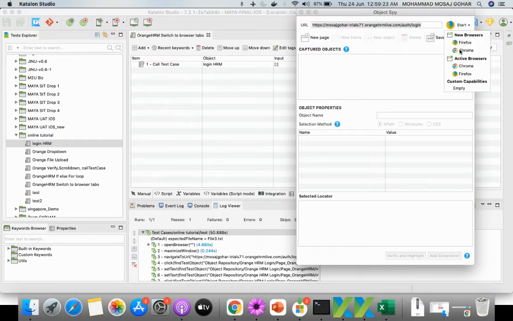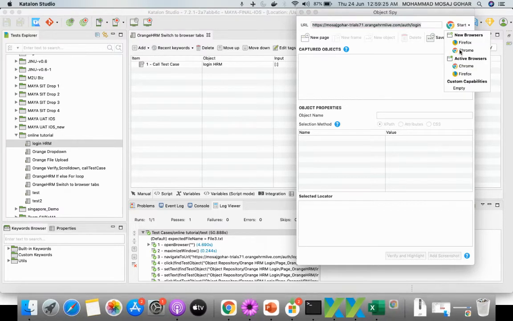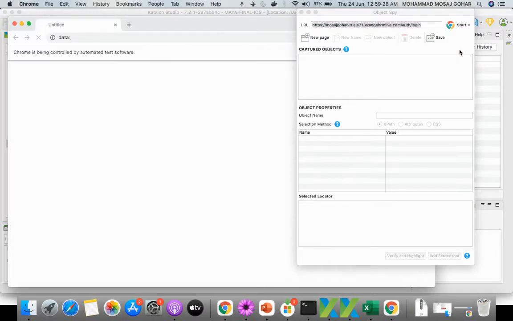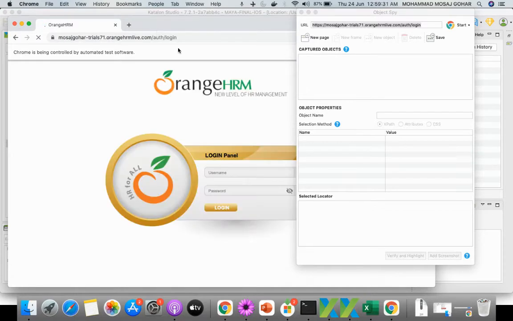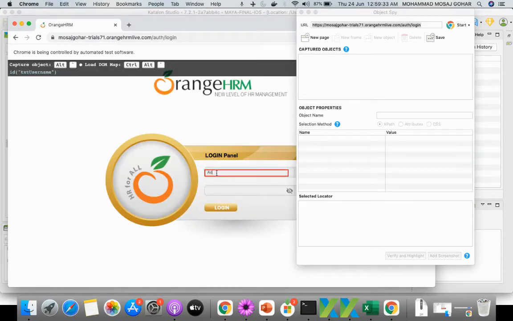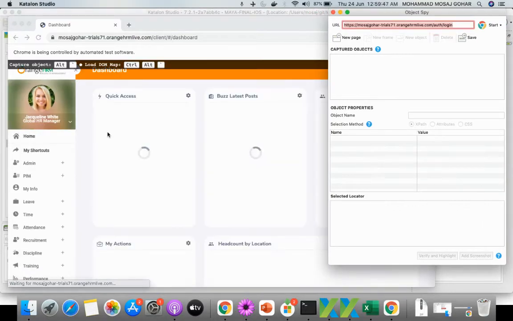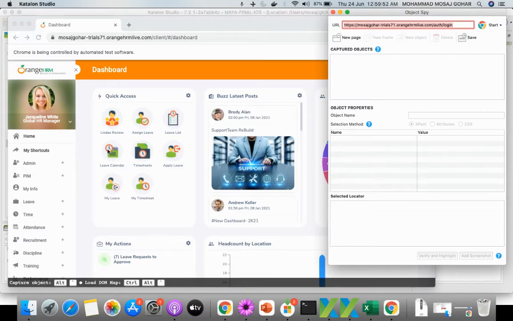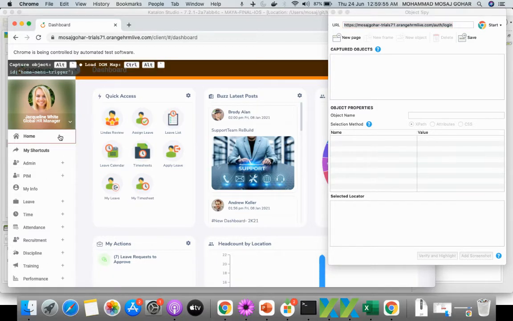Since we have solved the problem on the Chrome browser, we will continue using Chrome. Let me quickly log in. The thing we need from here is my shortcuts. Let the whole page get loaded. Okay, we are here under my shortcuts. For capturing this one, press Alt and Tab key on your keypad.